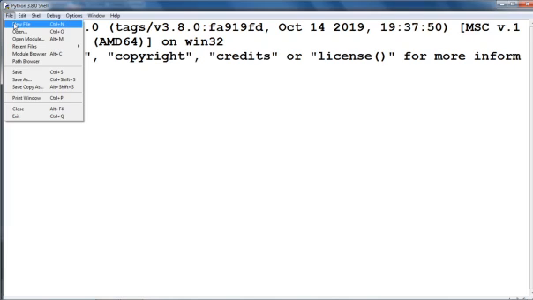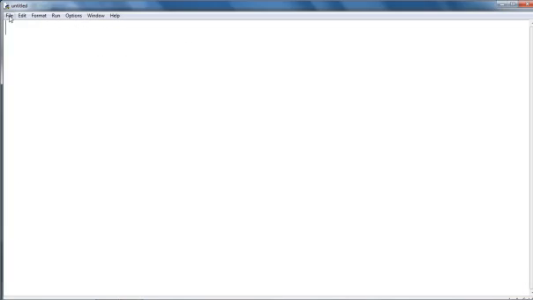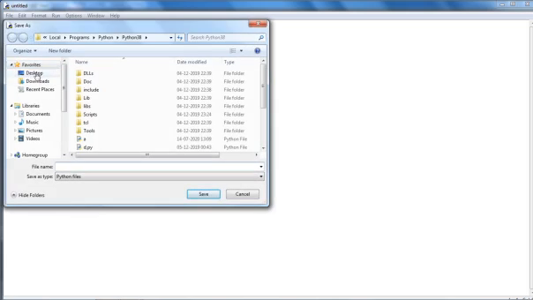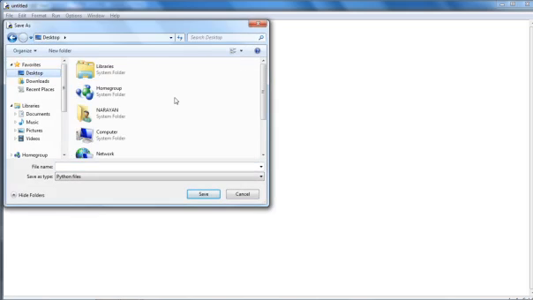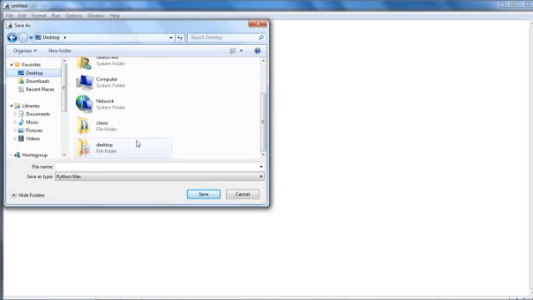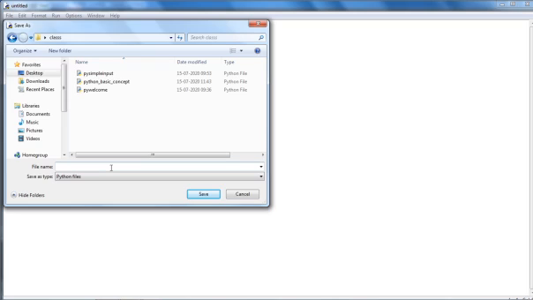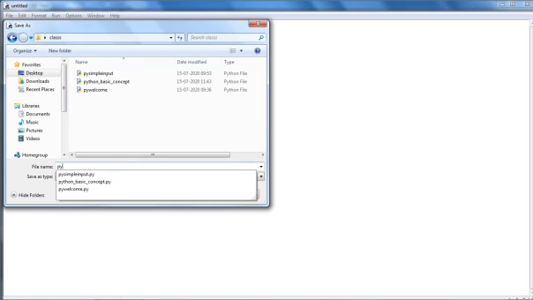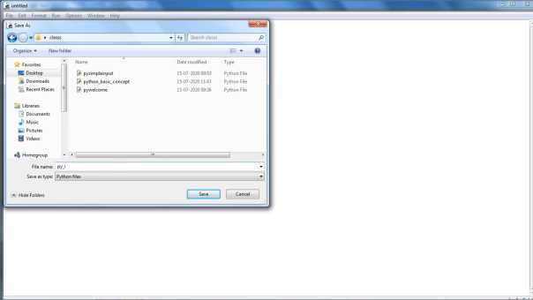First of all, come to the File tab, then click on New File. Now, first of all, you have to save the file. You can choose your folder according to your need. Here the name is py_identifier.py, this is our program name.